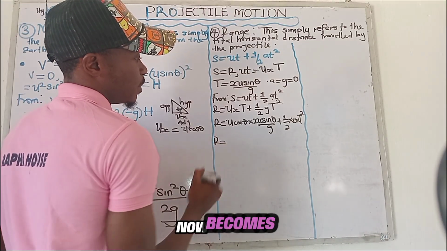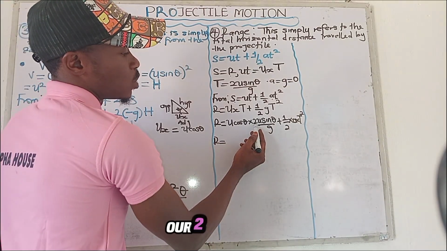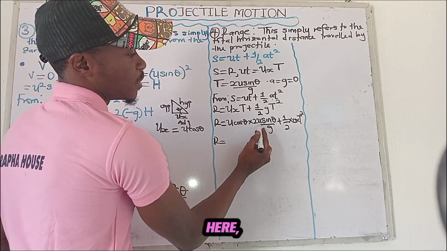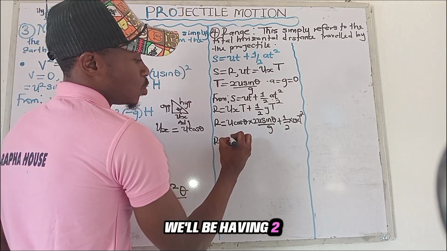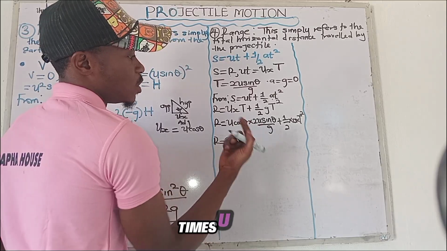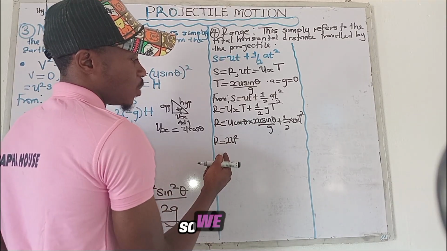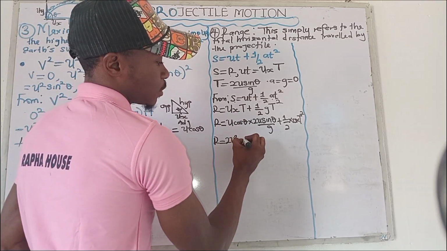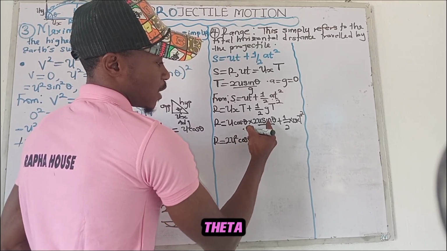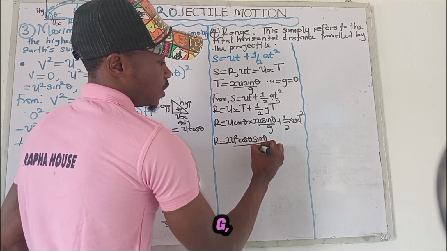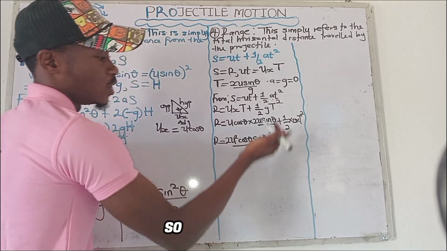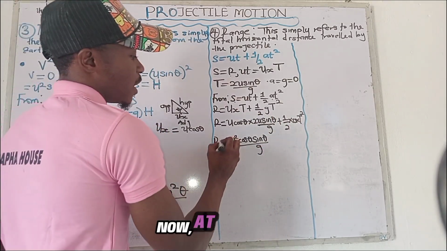Our range R now becomes equals to, our 2 multiplies everything over here, and our u multiplies u, and then we'll be having 2u squared. U times u is the square of u, right? So we have 2u squared cos theta sine theta all over g, and over here we have 0 left, so we just leave that one out. Now at this point,